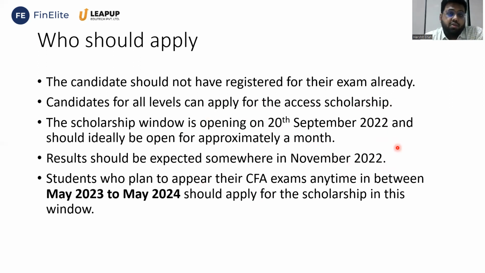The scholarship results do not come together. They come in a staggered manner on your email. So there might be a chance your friend has received the scholarship and you haven't received the email. That does not mean you will not receive it. Your friend might have got a rejection mail, and you haven't received the mail; it doesn't mean that you will not get it. It's a staggered manner, and they just send it to everyone one by one.